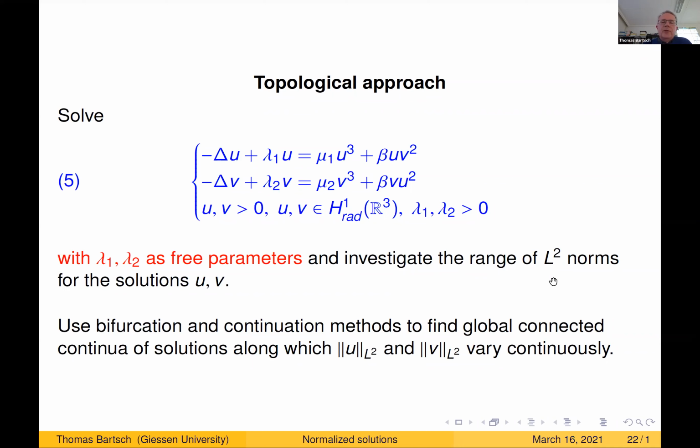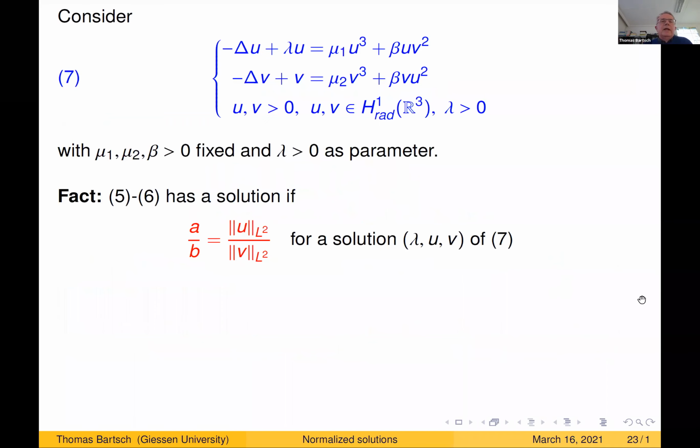And if you happen to know that the L2 norms of u vary continuously between 0 and infinity, then with varying lambda 1 and lambda 2, you get solutions for all values of a or b. So that is a kind of simple-minded approach. And now, in